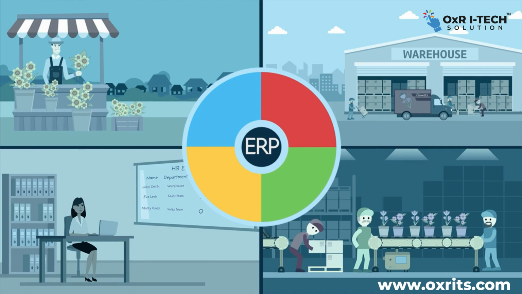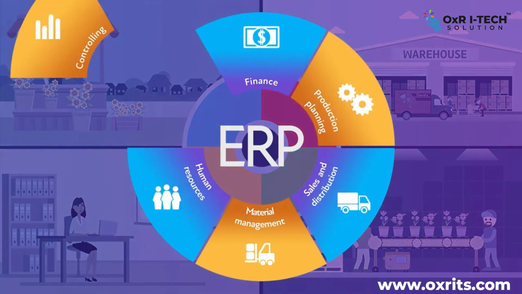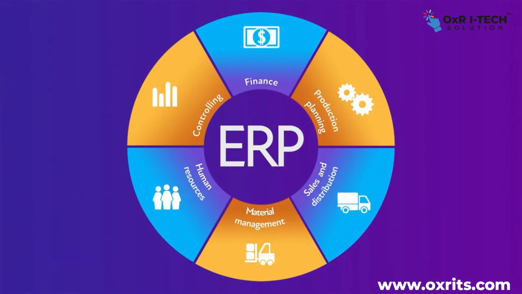On the example of our florist, I showed the most popular areas and the concept of every ERP system. But the most important thing is that you can combine different modules to meet your needs. You have all in one. What is ERP? ERP is a system to manage the entire company. This is the sentence I said at the beginning of this video. Now I hope you understand it much better.